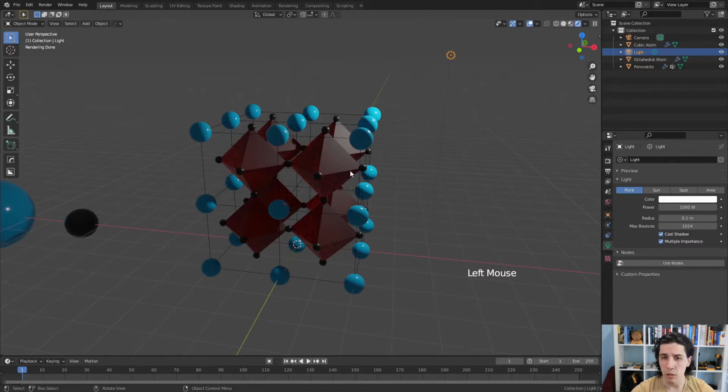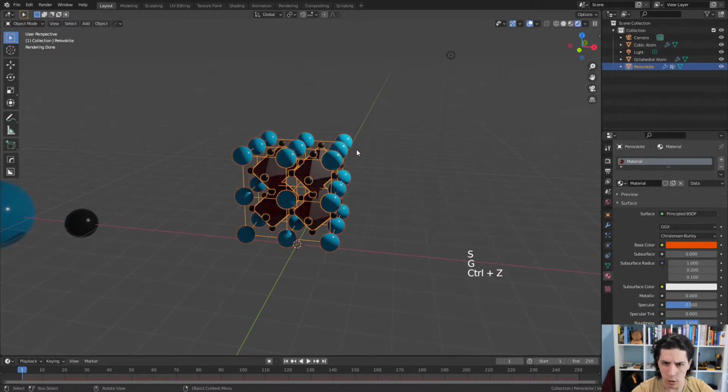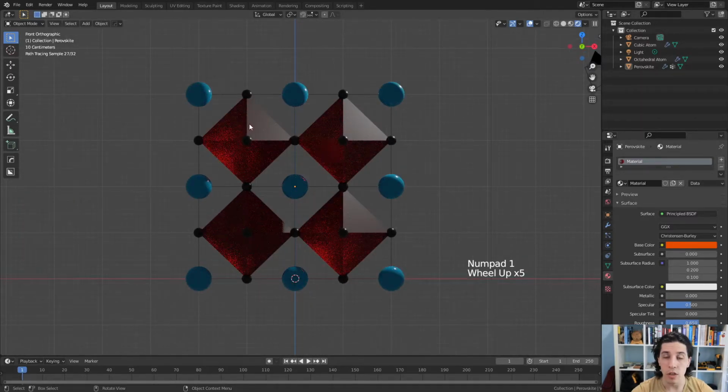This is all pretty much fine, so I'm going to grab this. I'll shrink it down a little bit. Actually, I won't do that because what I want is for this to stay in place. So the real trick to getting this soft body collision thing to work right away is recognizing that the collision is only going to happen to this octahedra. So if I put the floor as my collision object, it's actually going to allow these spheres at the bottom